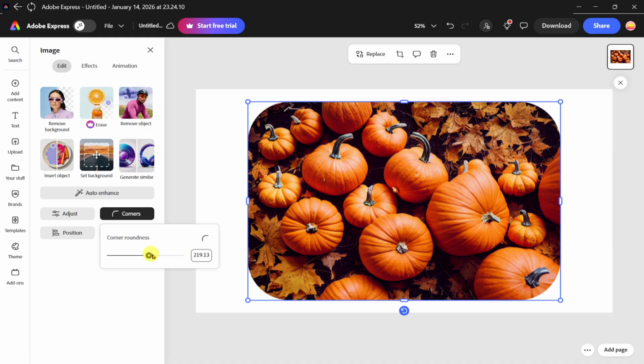And that's it. You opened Adobe Express, started a new design, added a sample image through Media, placed it onto the canvas, and used the Corners control to dial in the exact amount of rounding you want. Clean, simple, and ready to use in your